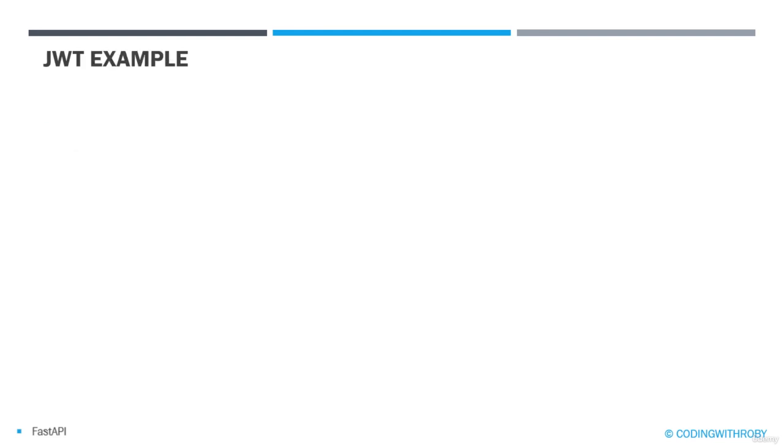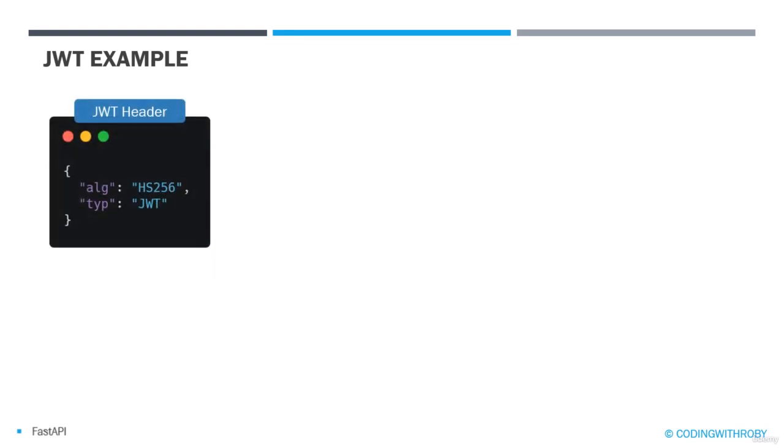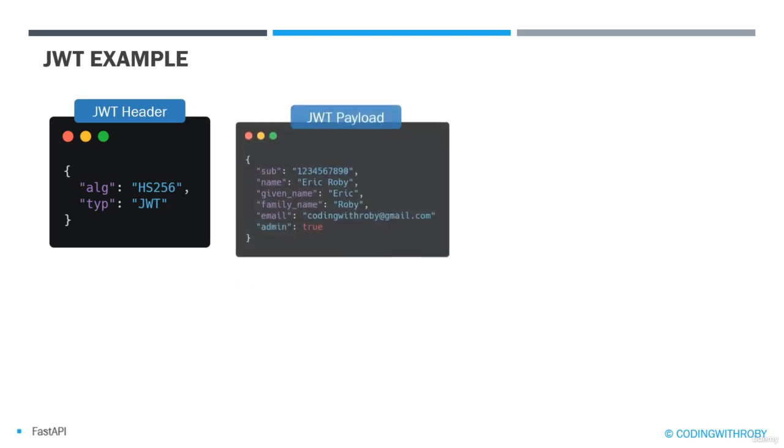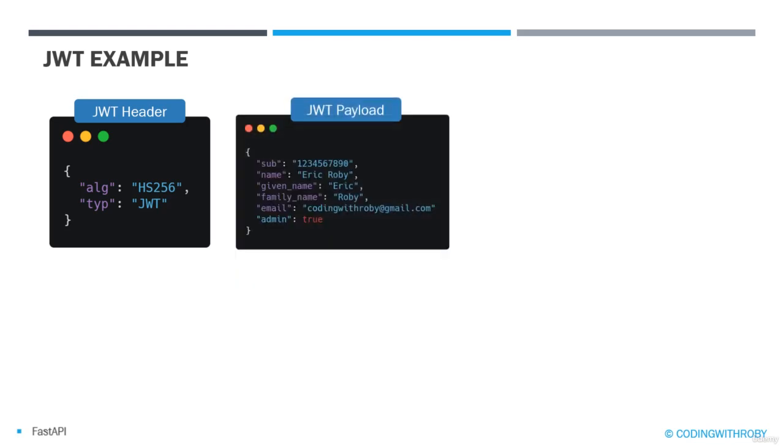Let's now look at a JWT example and add all the different components together to see what we get. First, let's create the JWT header. This is a JSON object which holds alg, which is equal to HS256 algorithm, and the type of token, which is JWT. We then have the JWT payload, which has a subject of 1, 2, 3, 4, 5, 6, 7,